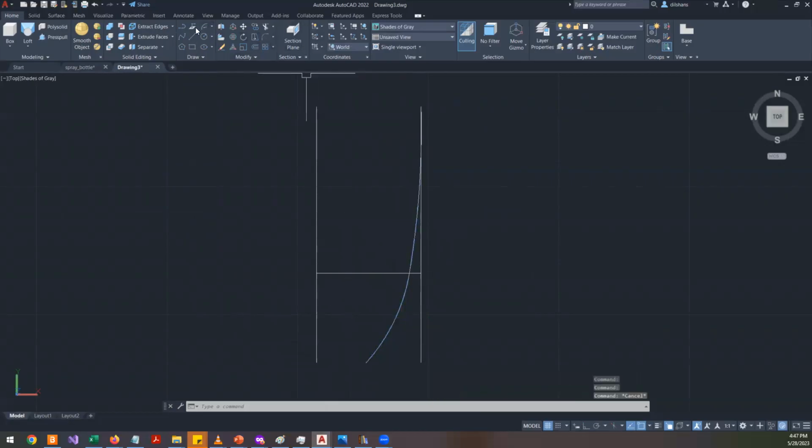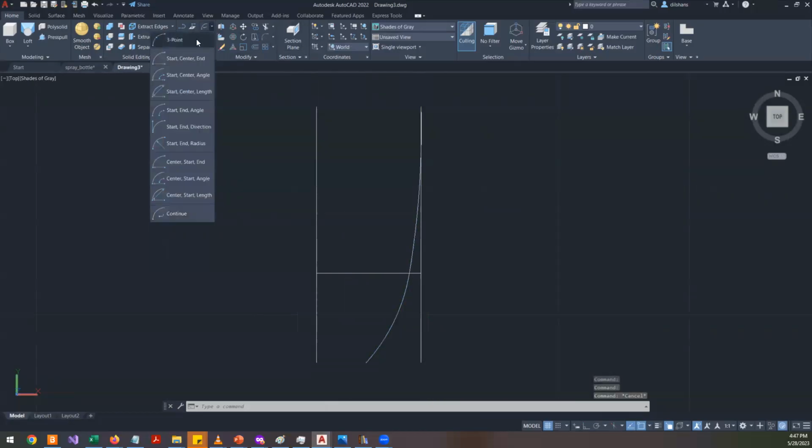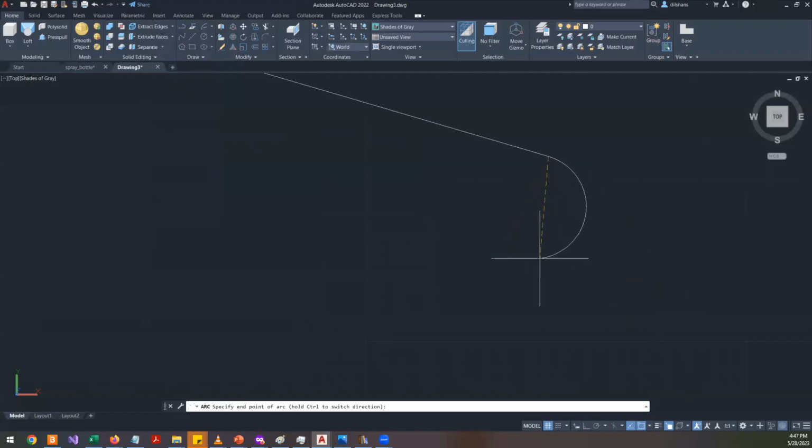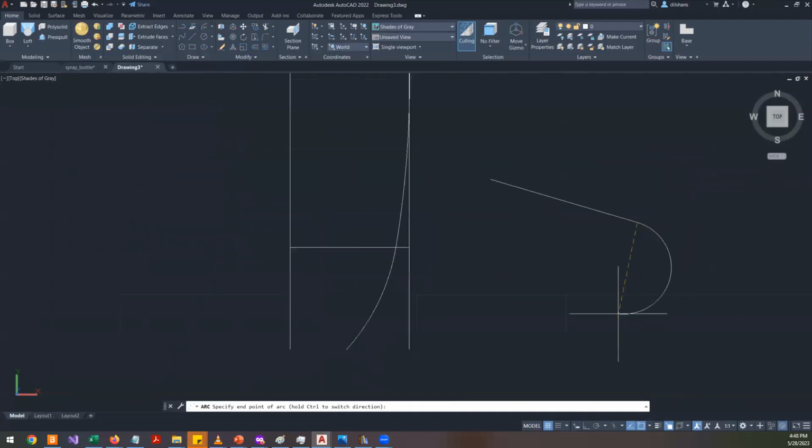So what you have to do is you draw an arc, whatever arc you need. Then you start the continue. Okay, look at this. So I draw this line. If I use continue arc, this new arc will be tangent to the old line segment. So that is an added advantage. Otherwise, it is somewhat difficult to do these kind of